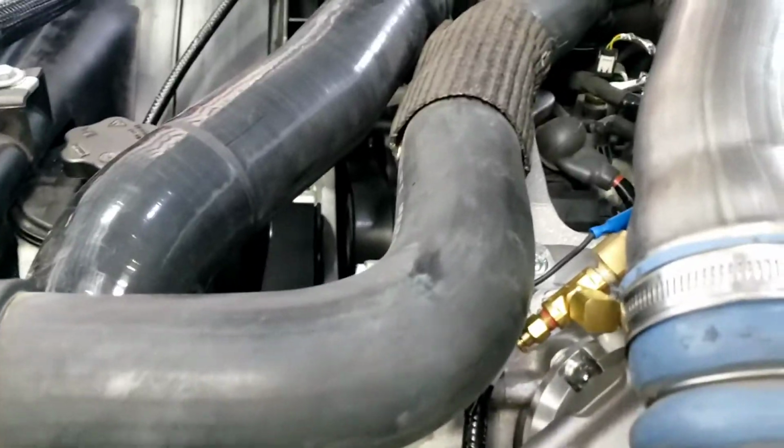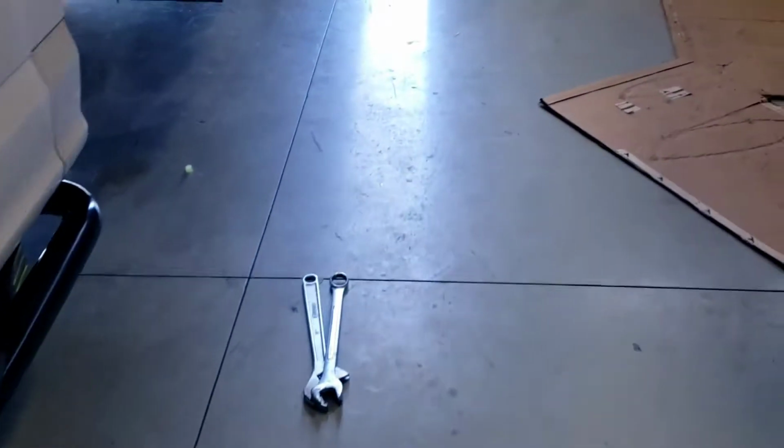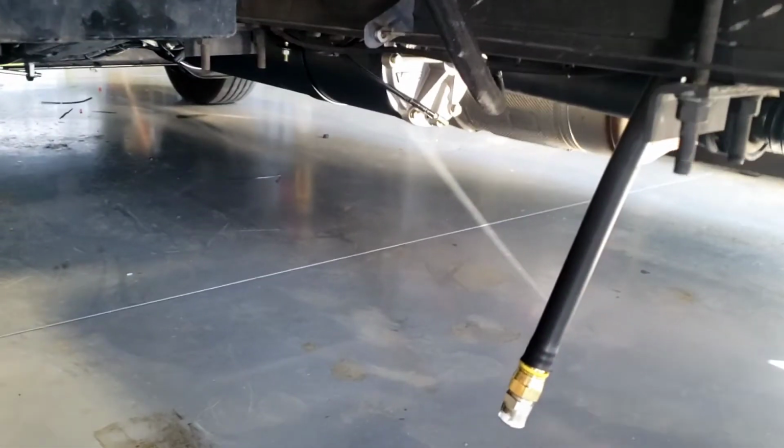As you can tell, engine's now running. Check to make sure our belt's running true. Everything looks good. No rubbing. I do want to show you the VMAC test tool that is used to set these up. You can buy this kit from VMAC or one of their dealers, but it's an amazing tool, and all it is, is a hose, a bunch of fittings,